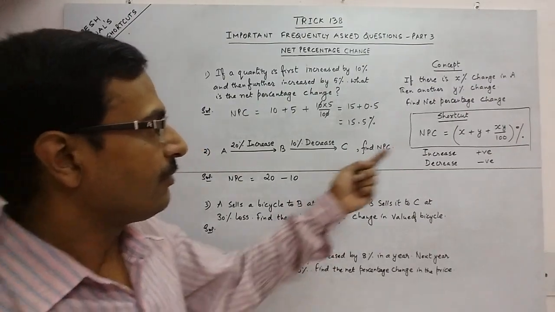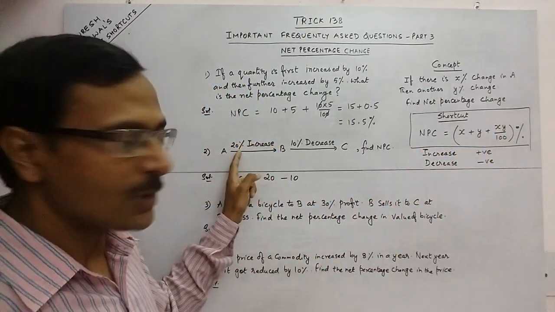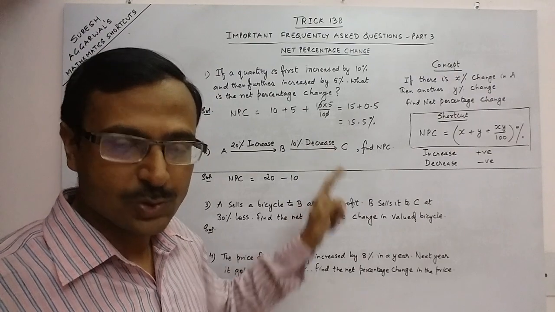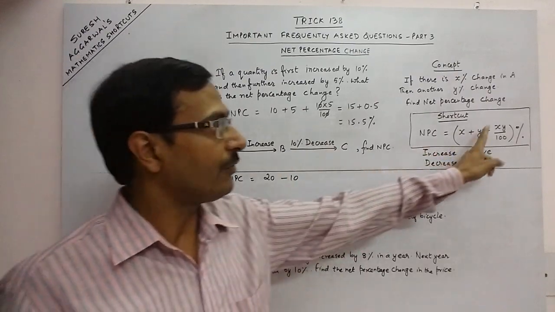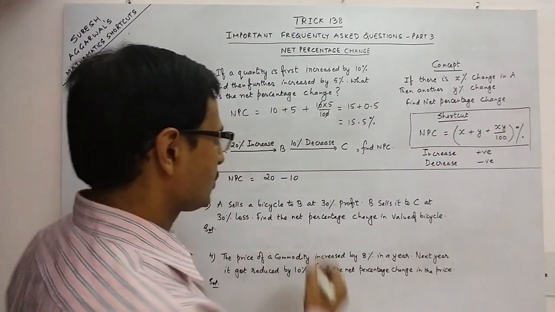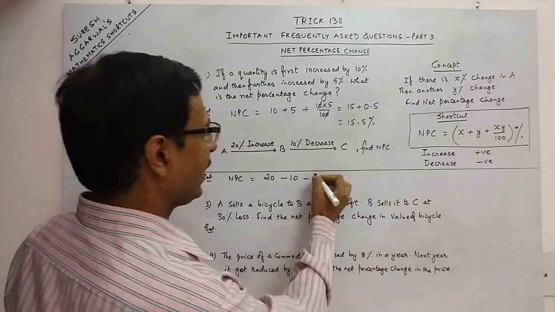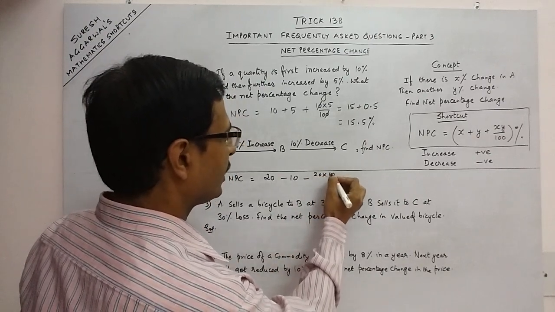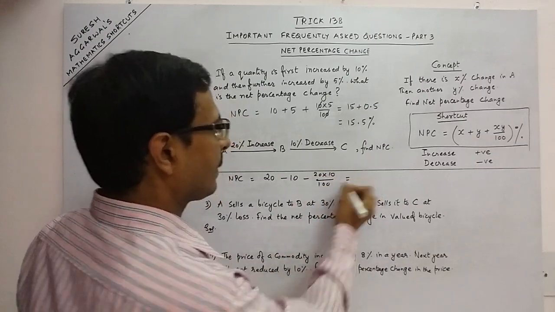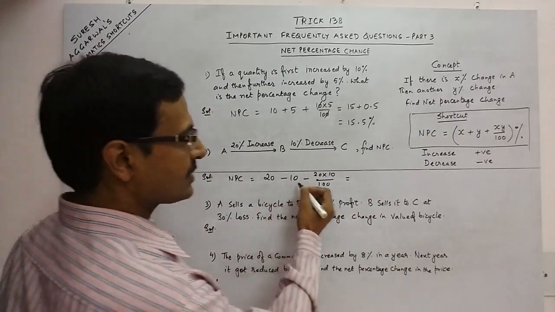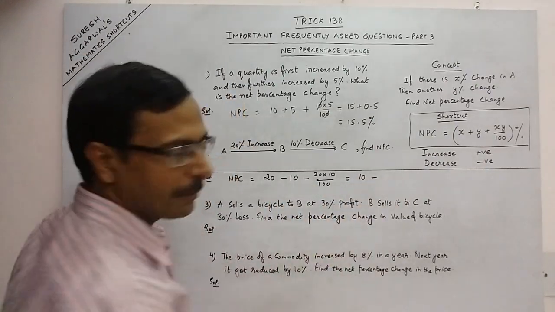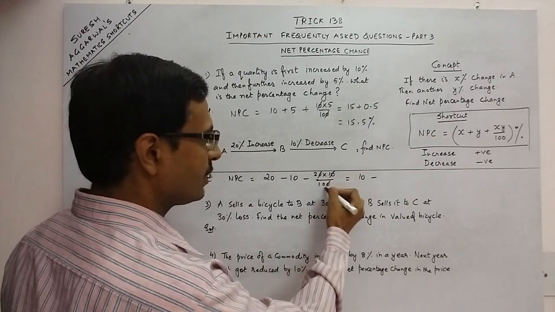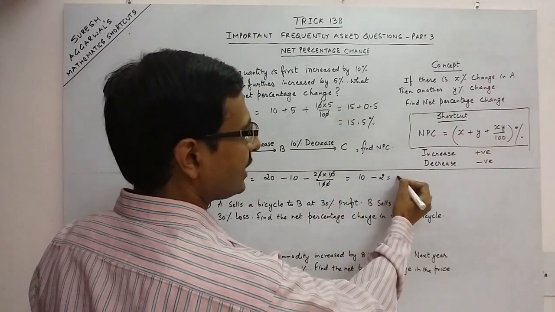Now when you take the product, x is positive and y is negative, so the product of x and y will be negative. So negative of x into y upon 100. This will give you 20 minus 10 is 10, minus 2 zeros cancelled, 2, that is 8%